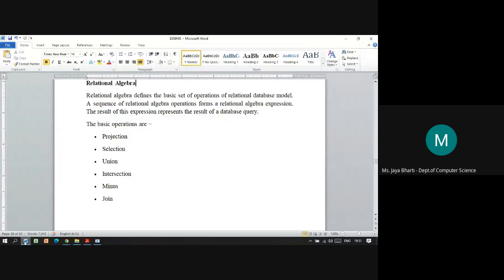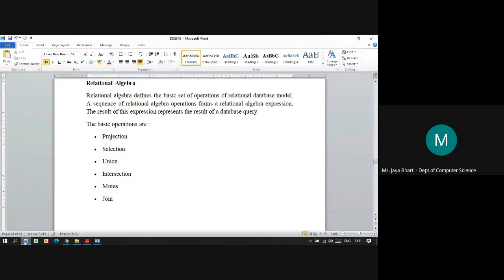What is relational algebra? It defines the basic set of operations of the relational database model. It means how to handle the data, or how to retrieve the data from the relational database model, RDBMS.